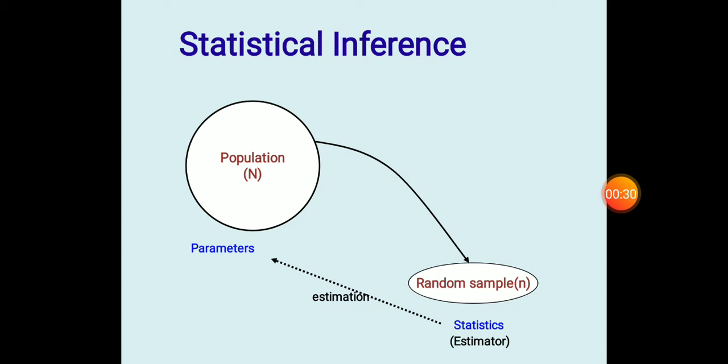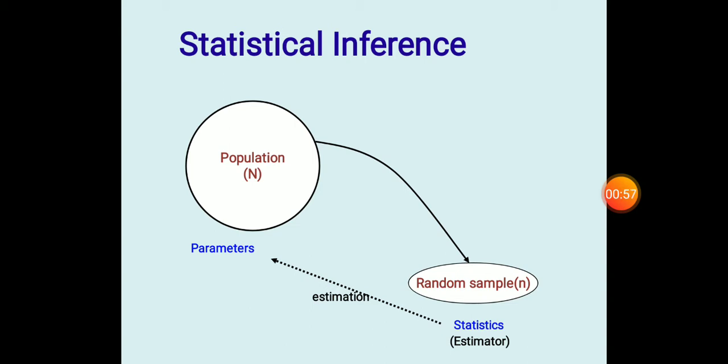Whenever we do a research, what is there in our mind? That there is a population, and from that population we have selected a sample. And the hypothesis, the problem which we assumed about that population, we are trying to find from that sample. And then ultimately what we are doing? We are telling that whatever result we have got from the sample will be same as that of the population.